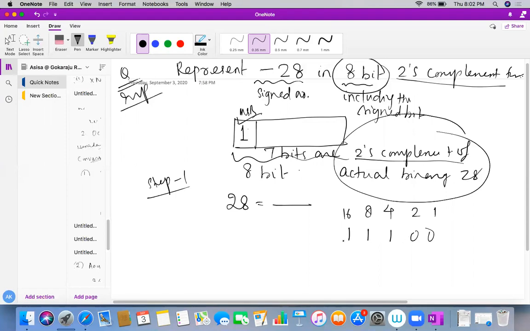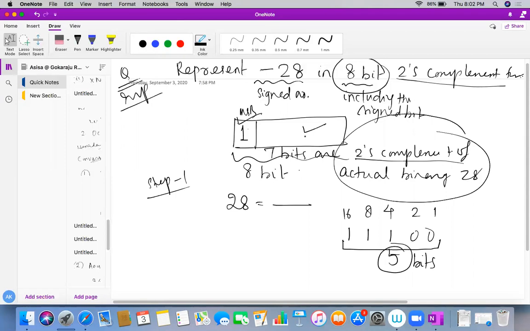But see here, how many bits am I getting, students? Only 5 bits. But I need 7 bits of 2s complement form here. If I do this, then obviously I will get the wrong answer. So remember, one of the choices will be given like this, and you may choose that one, but it will be wrong.